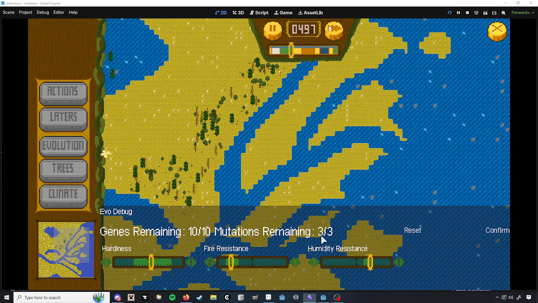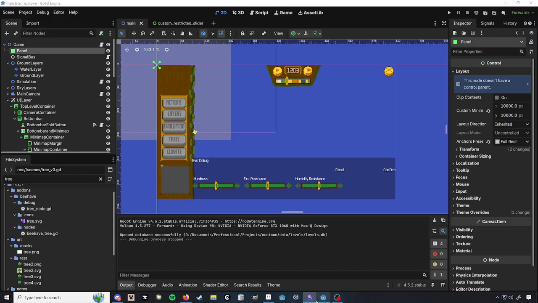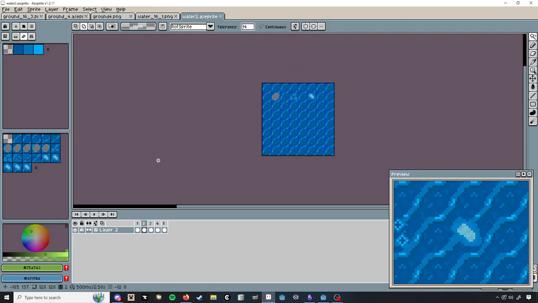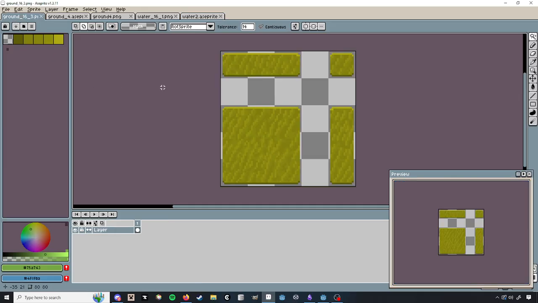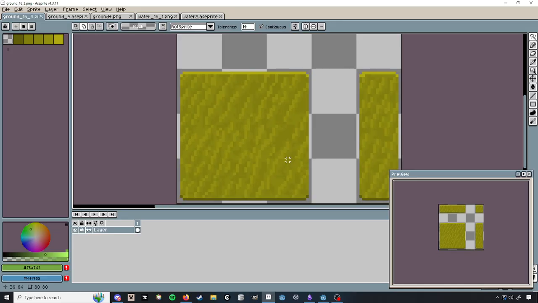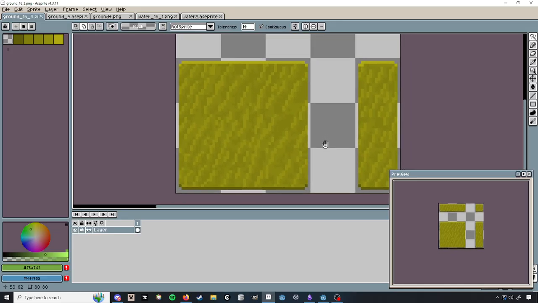Over to art. I do all of my art in Aseprite, since this is a pixel game. Aseprite continues to be one of my favorite pieces of software. It certainly has all of the controls that I would need, and I feel like I'm quickly getting better and better at it. So this was the original grass tile that was designed in Aseprite's tiling system,